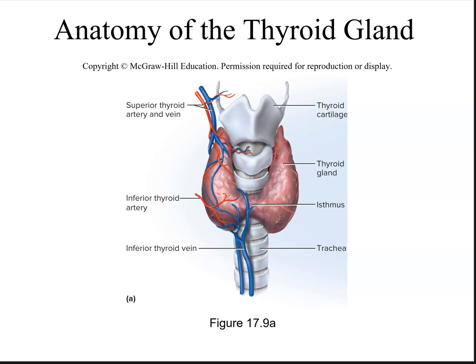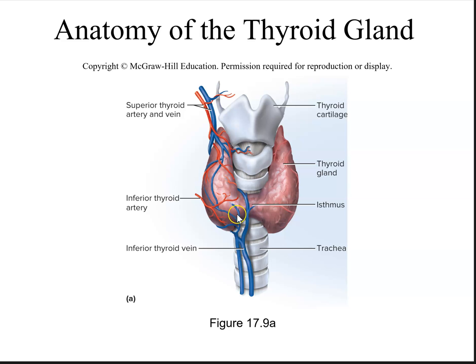So the thyroid gland is the largest endocrine organ, and it is present anterolaterally, meaning towards the anterior as well as slightly towards the lateral sides. So it kind of wraps around the trachea, but it does not go all the way around the trachea. The gland itself is located in between the C5 to T1 vertebrae, and